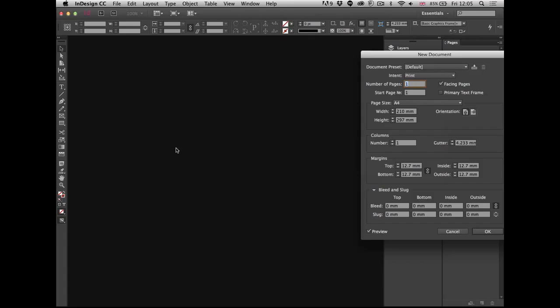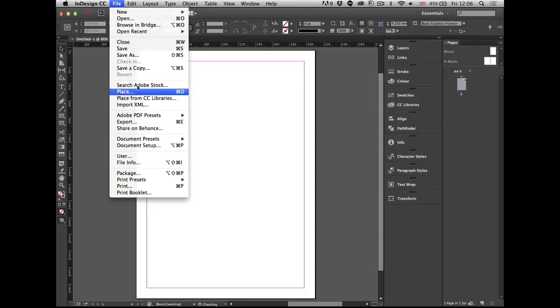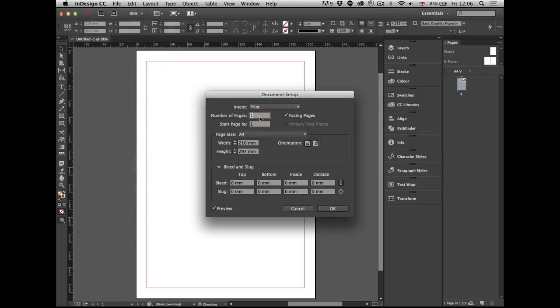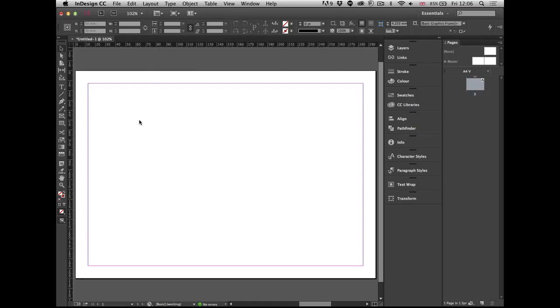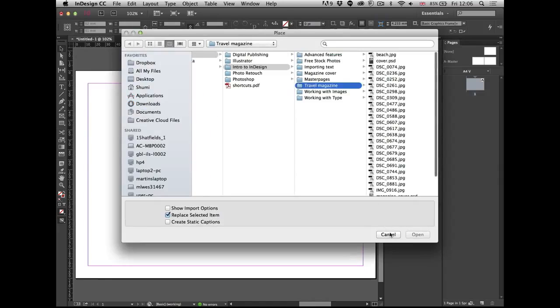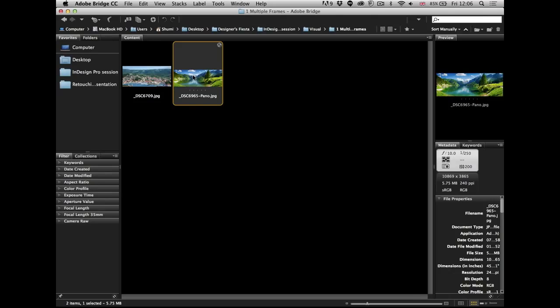Let me just create quickly a new document here. Okay, actually let's just change the document setup. I'm going to use landscape for this. So when you place in images, obviously there are many ways of placing images into InDesign. The way I prefer to do it is to go into Bridge and drag the image from there or